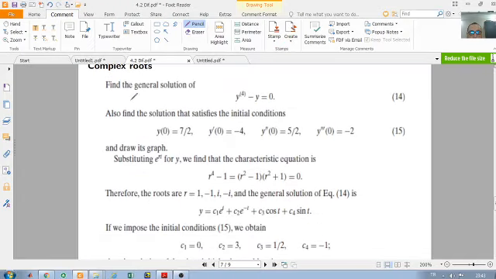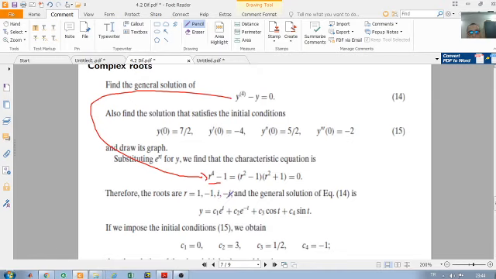Another example: find the general solution of this differential equation and also find the solution that satisfies the initial conditions written here. Again, the characteristic equation you see is r to the 4 minus 1. So we have here r squared minus 1 times r squared plus 1. We don't need to apply the method because we can easily find the factors of this characteristic polynomial. Therefore, from here we obtain the roots: 1, minus 1, which are obtained from the first factor,